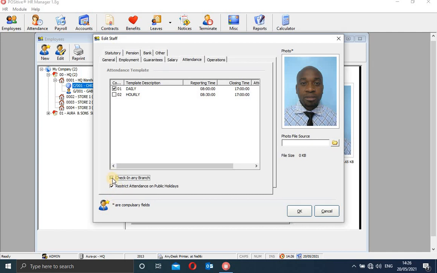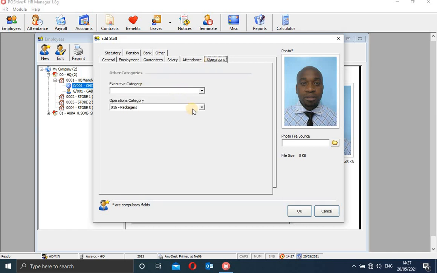Now if I put a tick here, then it means this employee can check in, or clock in, at any branch in his attendance. And if I don't indicate a tick here, then this employee will not be able to check in at any branch. He will definitely have to check in or clock in at his specific assigned branch. Okay, that is how you can do controls over that.